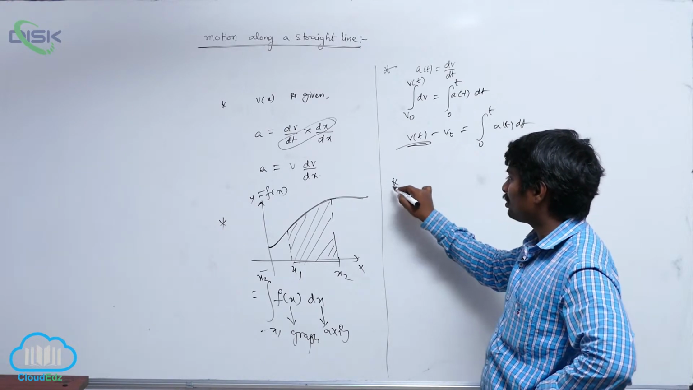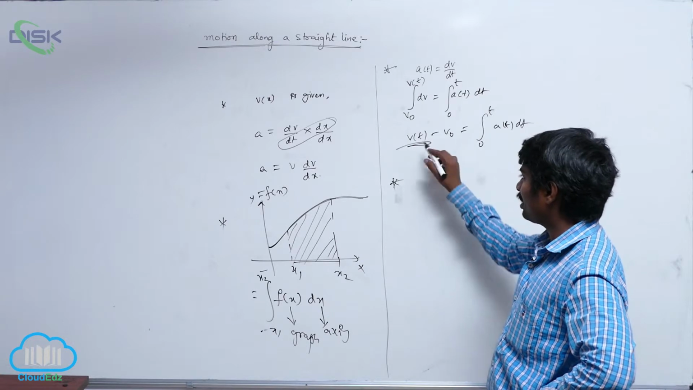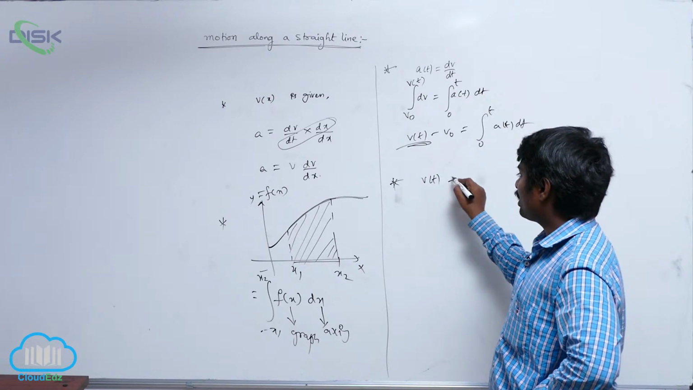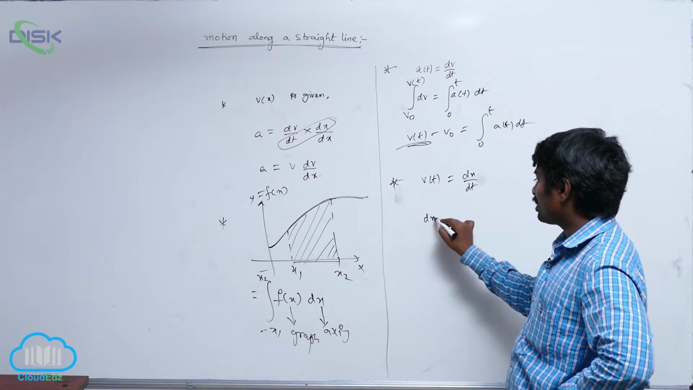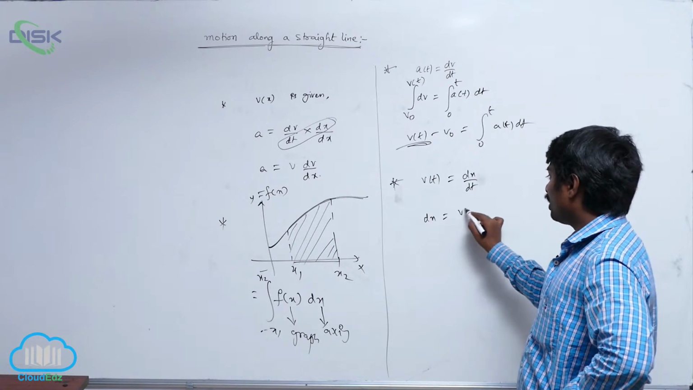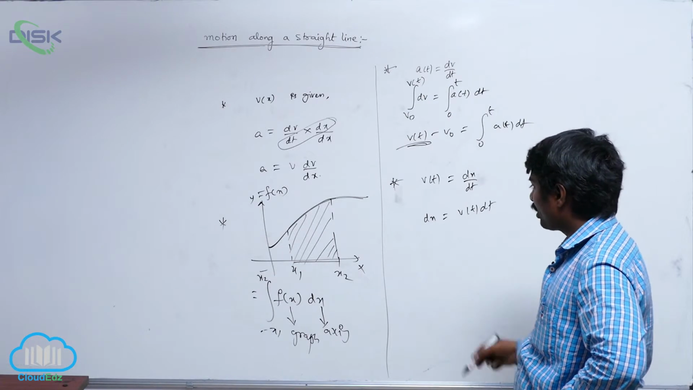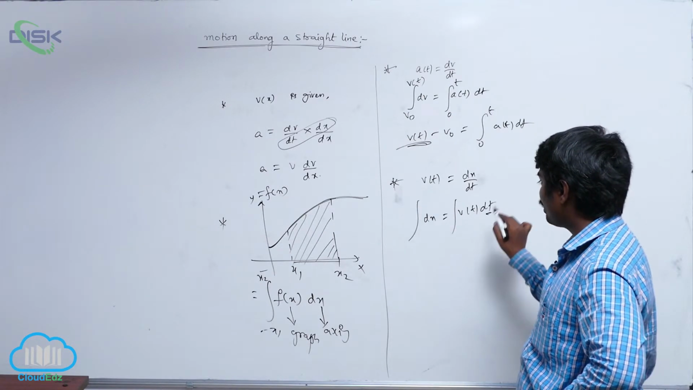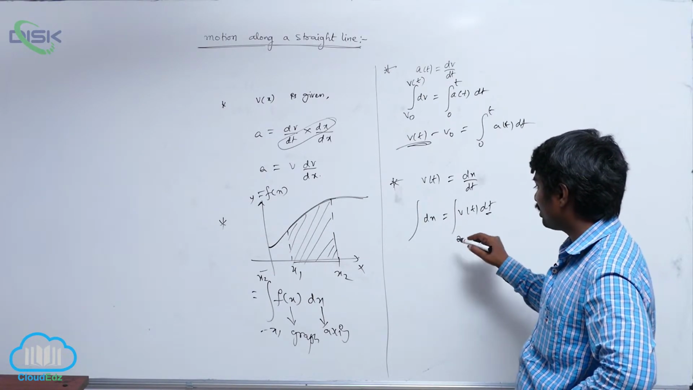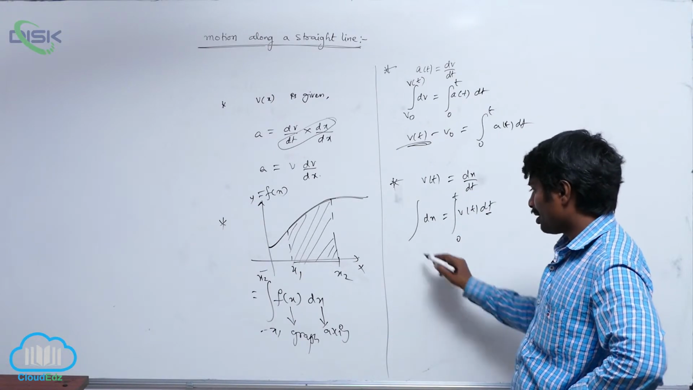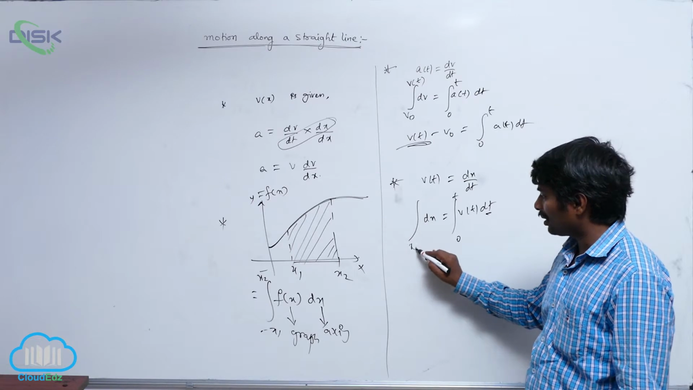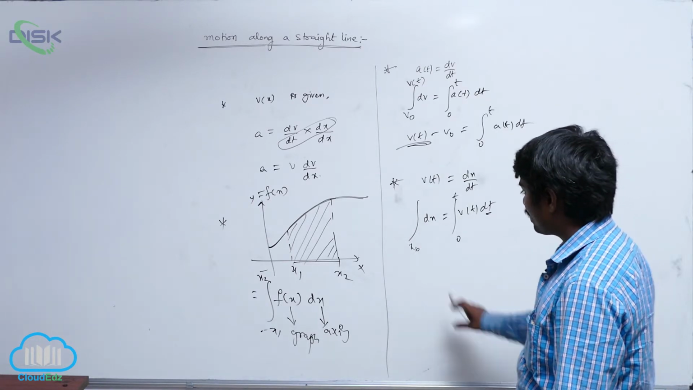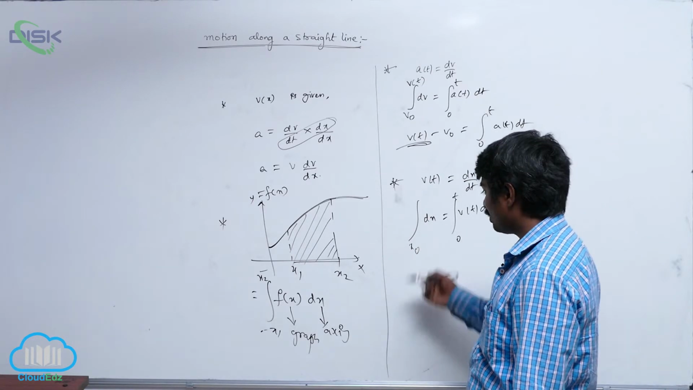Sometimes they might ask you for displacement. So how to calculate displacement? Instantaneous velocity is equal to dx by dt. So dx is equal to v of t dt. So you can integrate here with respect to dt, that's why time limits you can take 0 to t, and if there is any initial position you can take it; suppose it starts from the origin, you can take it as 0,